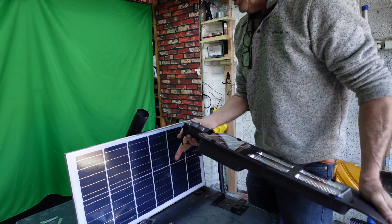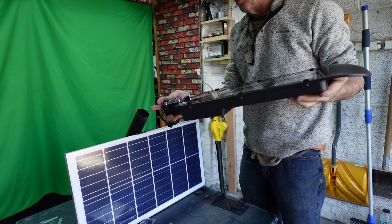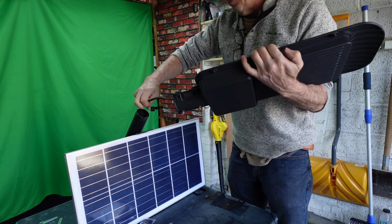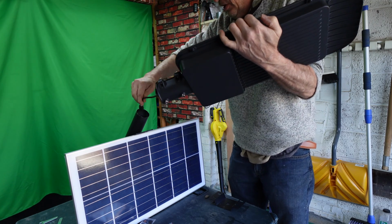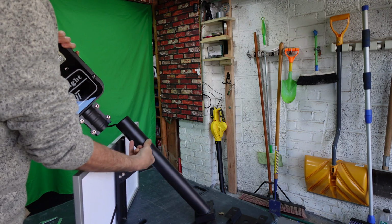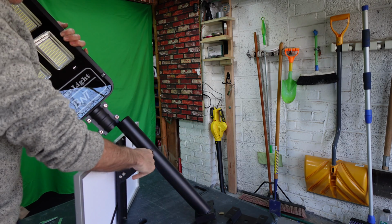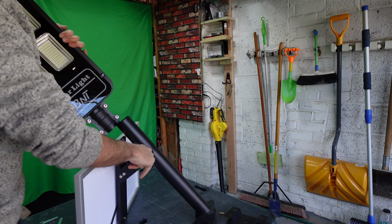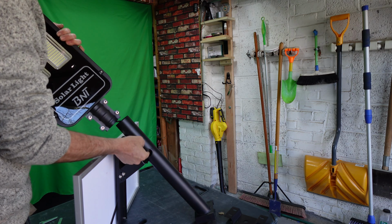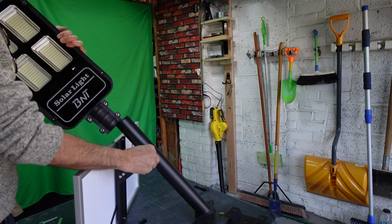Now when I'm upstairs making my connections, I'm going to show you how to put the pole up. But here we're on the ground. You're going to slide everything through. Do your best to straighten out your lead. Slide it through. Over here there's a hole that you're going to feel for, and do your best to get the cable through. It's not that difficult, just takes a little time. Grab everything through